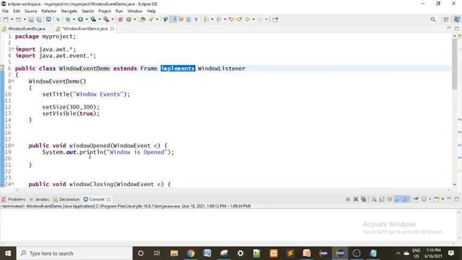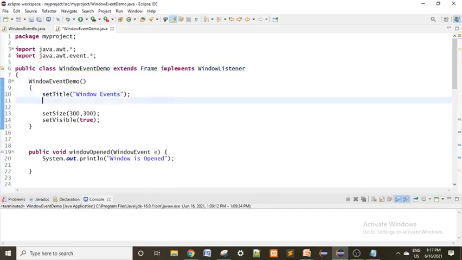So when you implement, after that what you have to do is register this listener interface to the frame, not the button, not the text area, not the text field, because the window related event will be generated. So we have to register this listener interface to the window only.